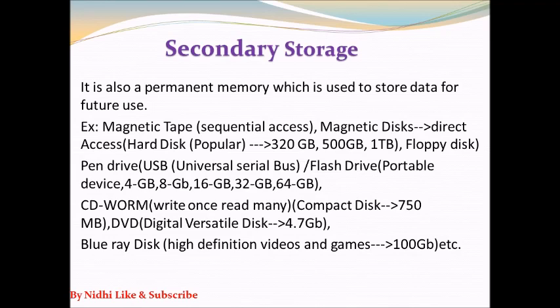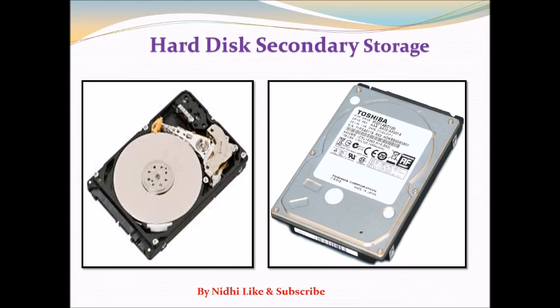Now we are going to discuss these in the form of images. First you can see a hard disk, a secondary storage device. This is the way a hard disk looks. There are two images, one of them of the interior. It uses a mechanical or magnetic process for storing the data in the form of circles or tracks. So here you can see the image of a hard disk.